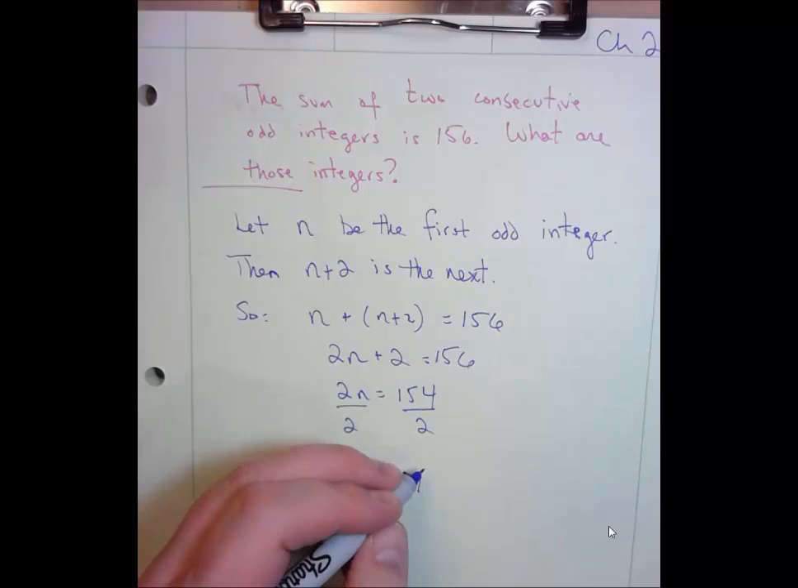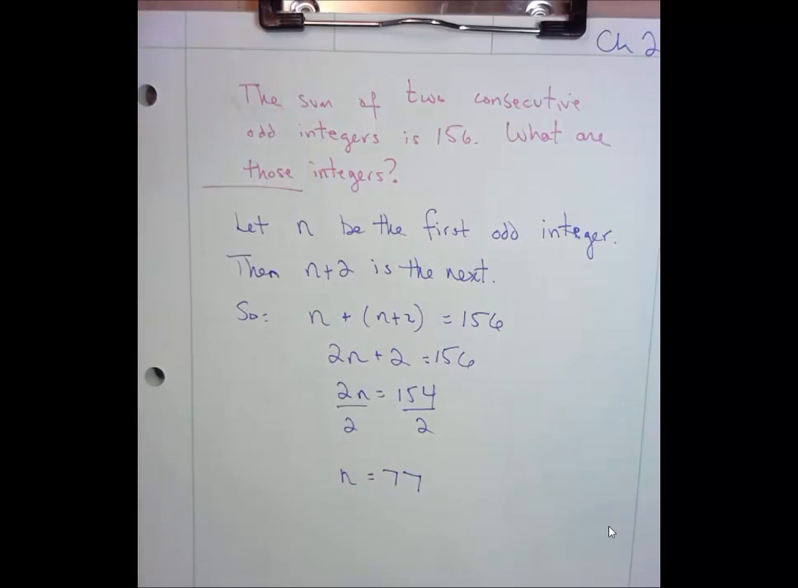Now, what we don't do here is put a box around that number and say ta-da, because the question is, what are those integers? So the answer is not just one of them, 77. We're told to identify both integers. And so we conclude with a statement that directly answers the question. So the two